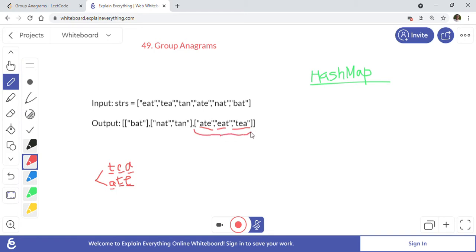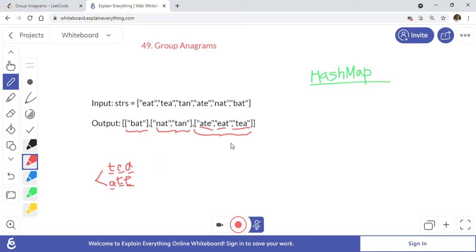Because they are all using three letters: T, E, and A. Similarly, these two are grouped together because they use T, A, and N. And BAT is by itself because there is no other word here which forms a group with BAT. That's how we have to group these anagrams.